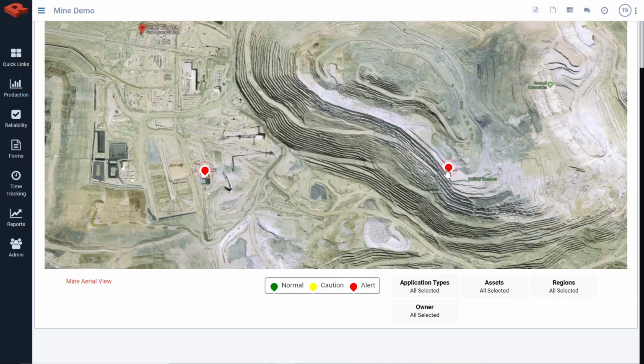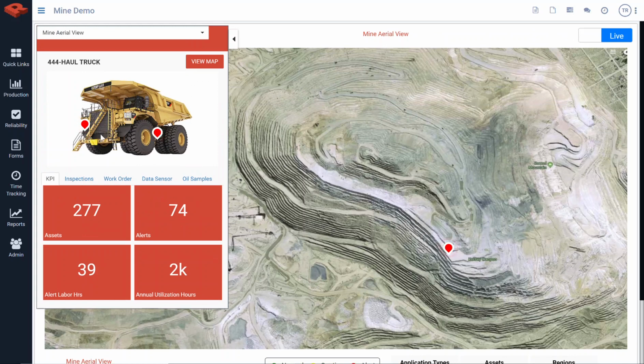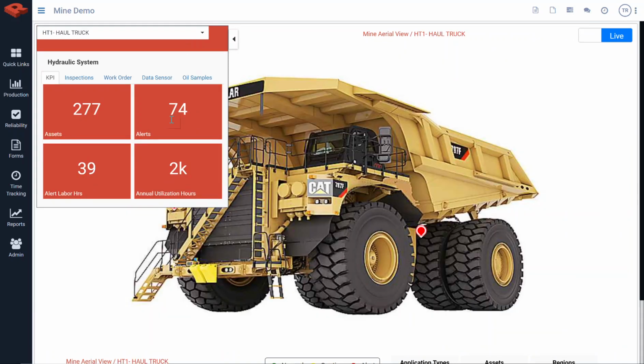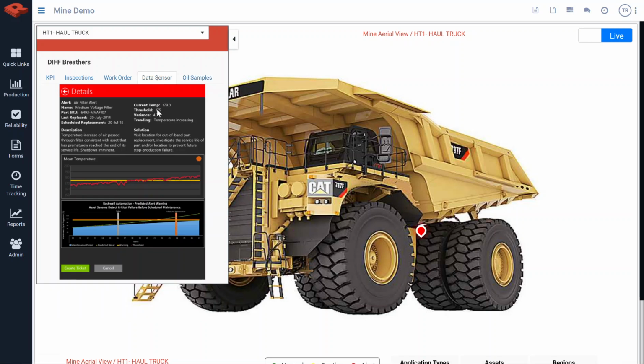maintenance window. So if I were to, for instance, click on this dot, you could see that here is a haul truck that has some maintenance items that are past due. So in this case, maybe the hydraulic system or the differential breathers, things like that that need to be worked on. From here, you can also see that there's oil samples or data sensor analysis that we can store in